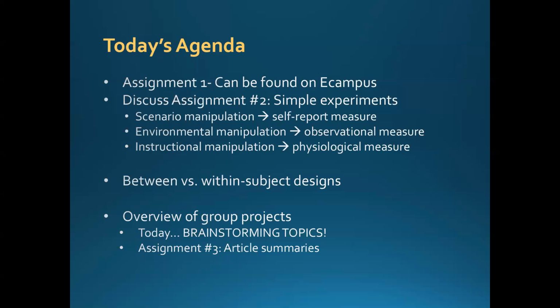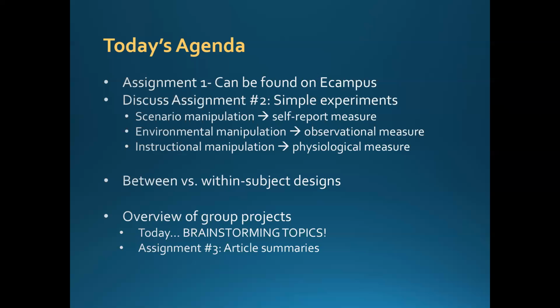We're also going to talk about assignment number 2. I'm going to have some people offer up some of their ideas, and then we can talk about them a little bit. Then I'm going to do a brief overview of between versus within subjects designs. We talked about that last class and we can talk about whether there are any different ways that we could do it. We already did that last class, so I'm going to go relatively fast through it. And then finally, we can do an overview of group projects, and we can start brainstorming topics within your own groups. So in regards to assignment number 2,